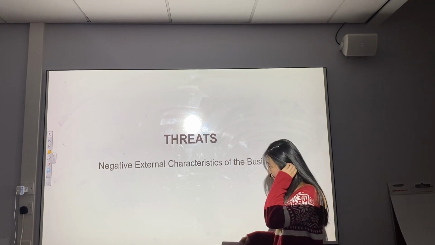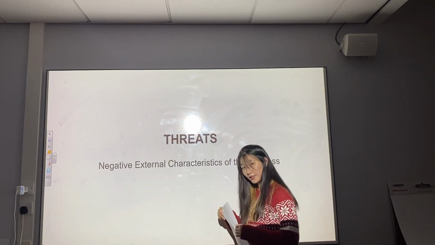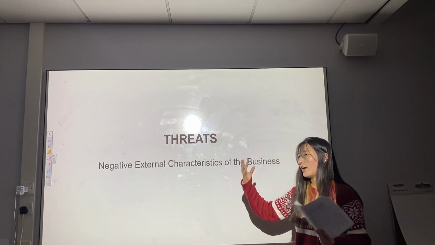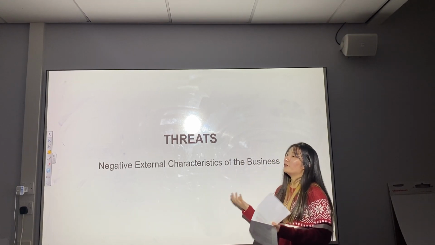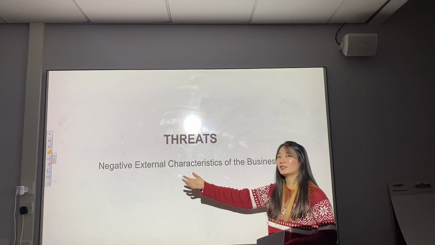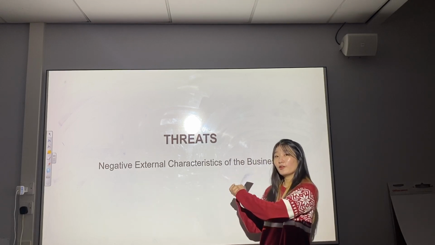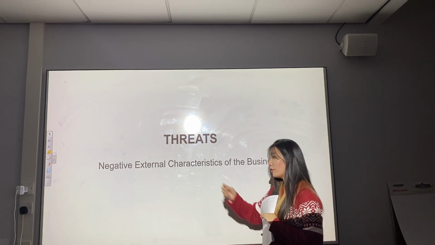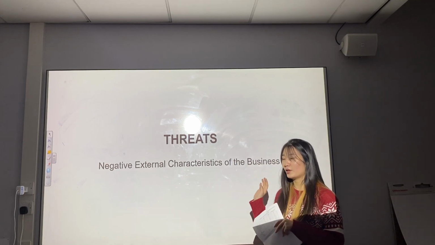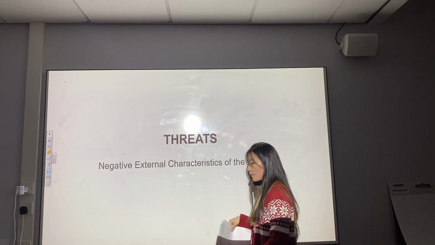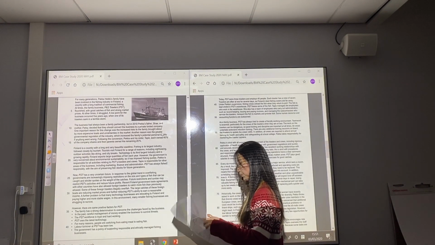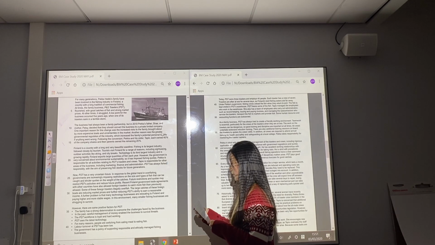Lastly, we have threats, negative external characteristics. These would be things that are absolutely outside of PST's control. Opportunities are outside of PST that they could potentially grasp or use to their advantage. Threats, they can't do anything much about other than try and avoid them as much as possible. So some examples of this would be, first, the fact that